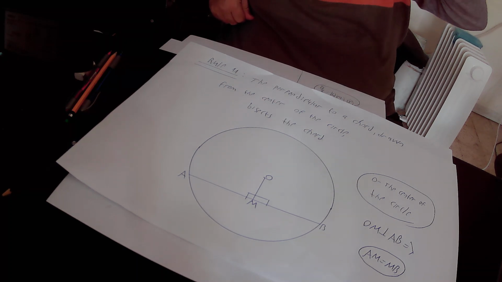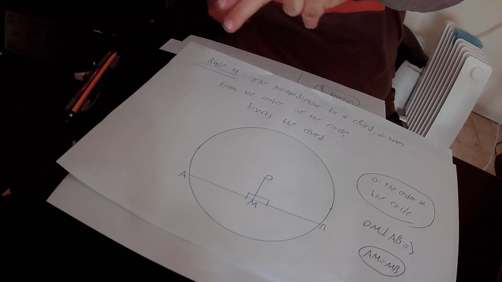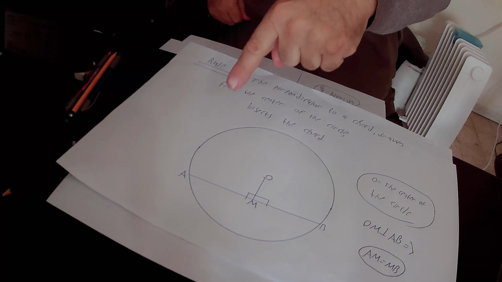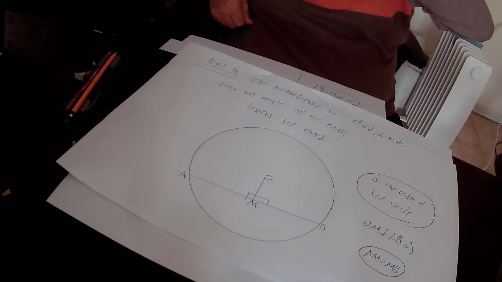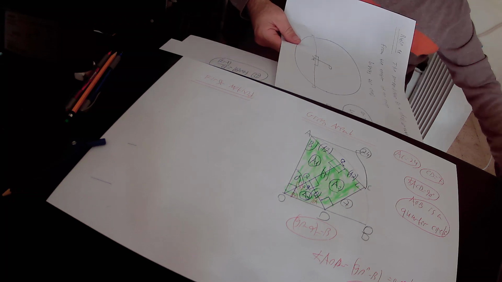According to this rule number 11, the perpendicular OM also bisects chord AB. That is to say, AM equals MB. We can implement rule number 11 in our drawing. Why? Because in our drawing,